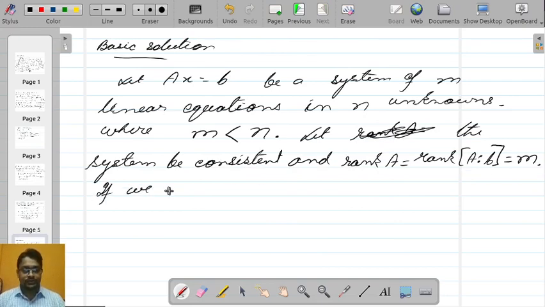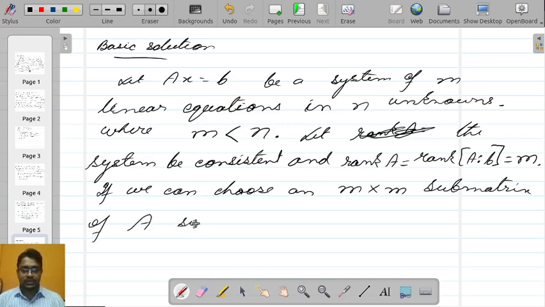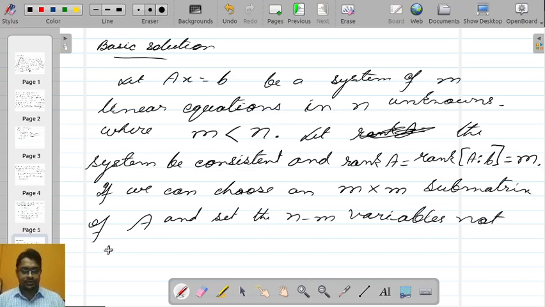If we can choose an m by m submatrix of capital A, and set the n minus m variables not associated with that submatrix